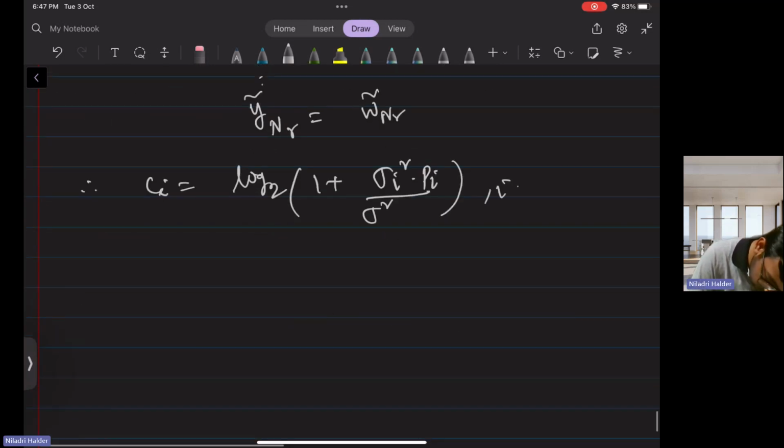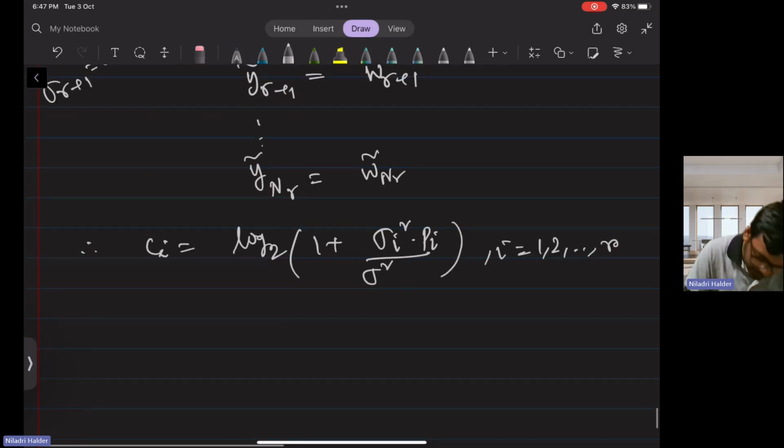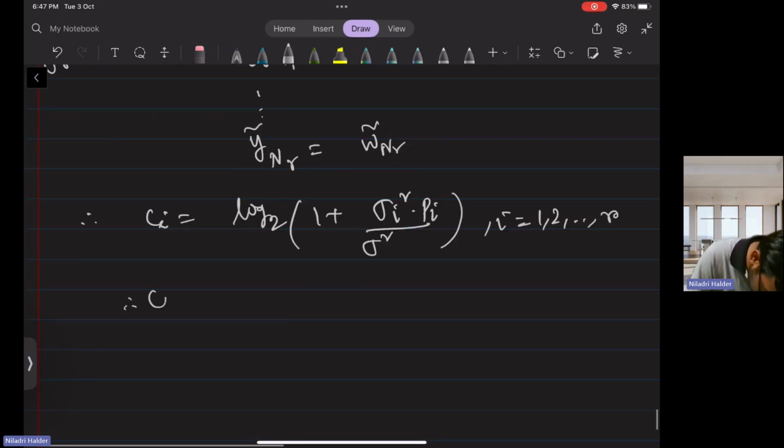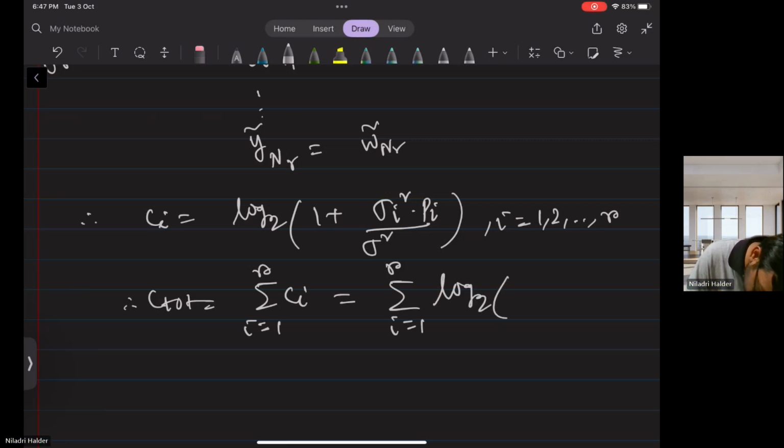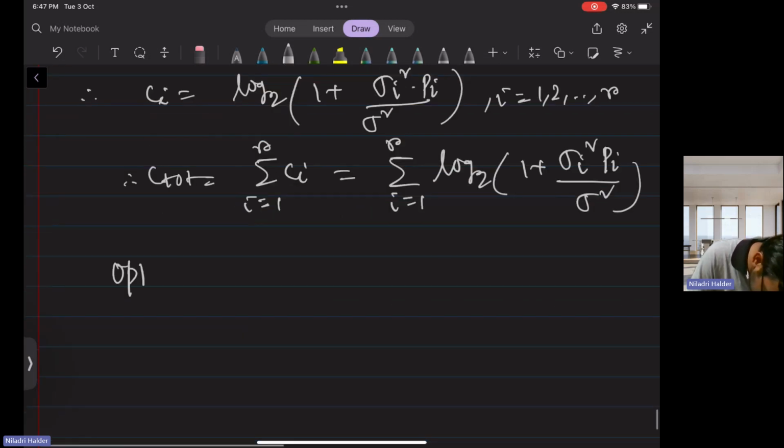Okay, when I is equal to 1 to r, not NR or NP. So C total is equal to the summation of I equal to 1 to r of log 2 of 1 plus sigma I square Pi by sigma square. Now the operator problem is that